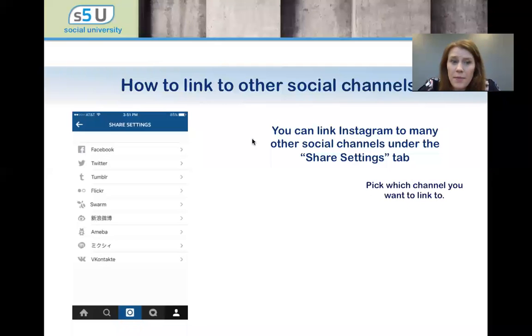You can do, a couple of them are obviously in other languages that I've never even heard of, that you can do Facebook, Twitter, Tumblr, Flickr, whatever. And the nice part is you can select which one. I would recommend linking to all of the channels that you have accounts with, and then you can decide which ones you want to share where. So like I'll do that sometimes where I have mine set up to Facebook, Twitter, and Tumblr, because I have accounts on all of those.